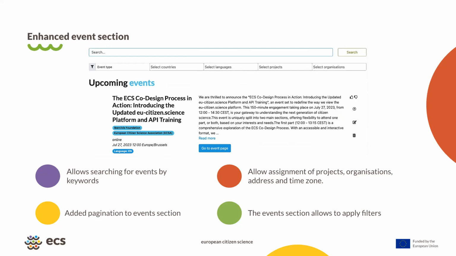I think this greatly improves event identification for the users, as they can conduct filter searches. They can use these new features of the events to make their searches.